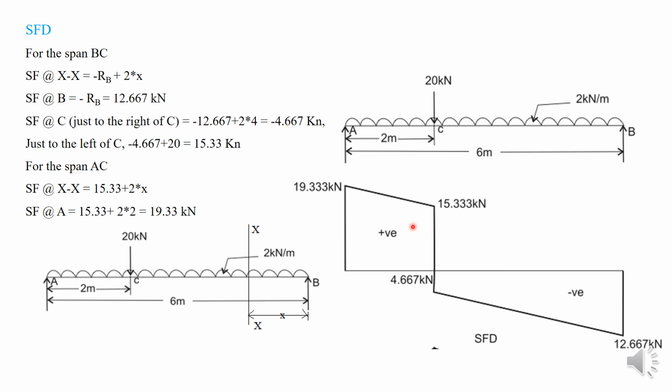And you see at C there is a 20 kilonewton load acting. So minus 4.667 plus 20, that is 15.33, will be the net shear force at C. Now from C, consider the section line and make an equation for shear force, then substitute X is equal to 2, so that you will get the value of shear force at A as 19.33, which is equal to